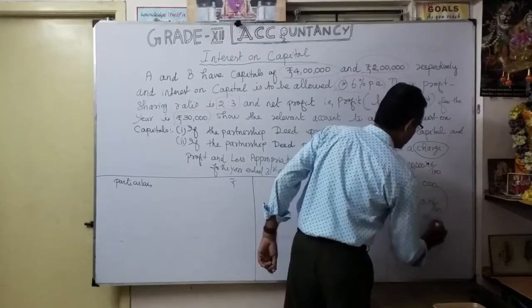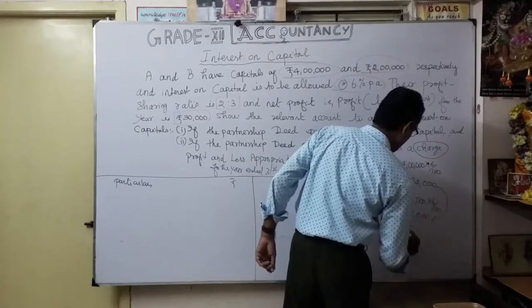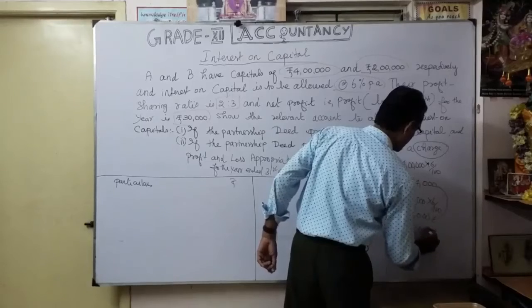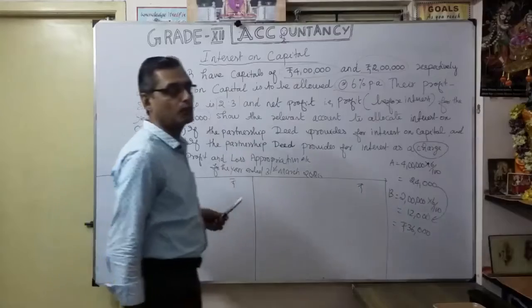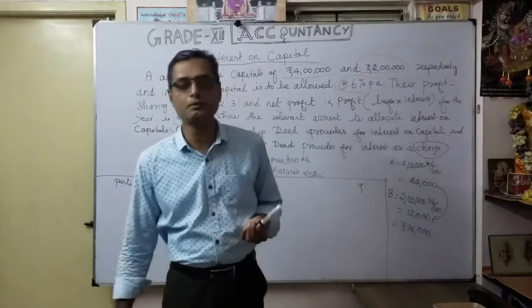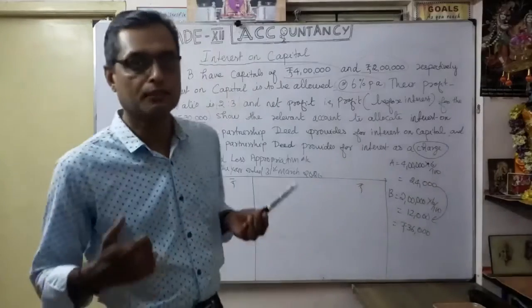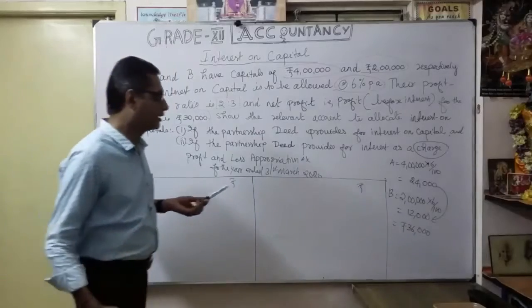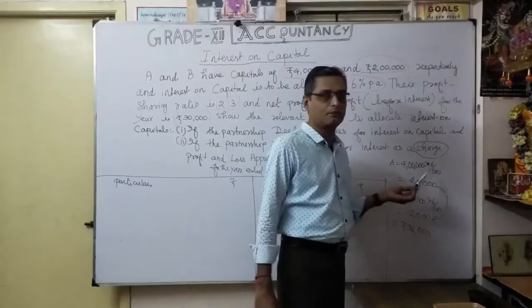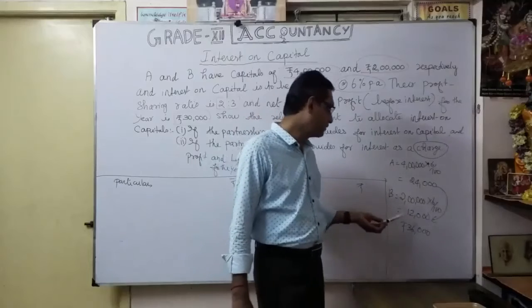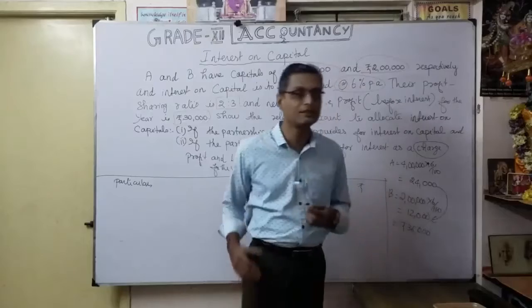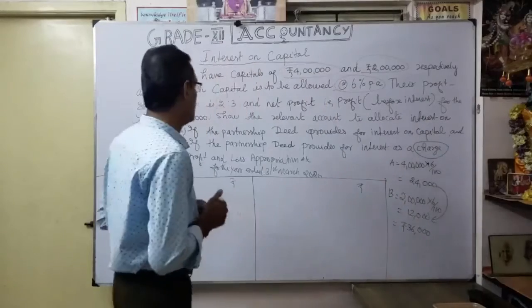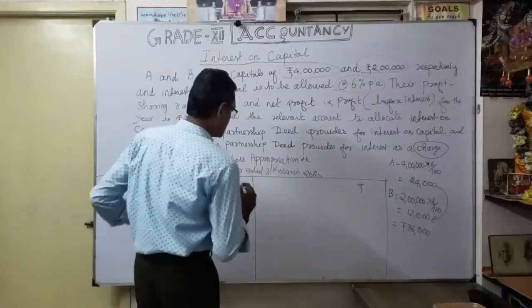So totally, what is the interest on capital coming to? 36,000. Listen carefully. The interest on capital you want to provide, the partnership deed clearly mentions it. So A will get 24,000 because of the capital of 4 lakhs. B will get 12,000 because of 2 lakhs. The total interest on capital is 36,000. But the available profit, how much? Only 30,000.